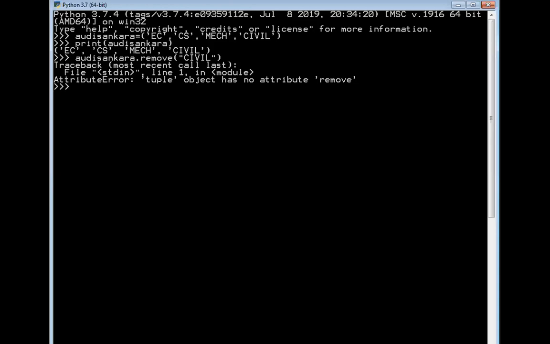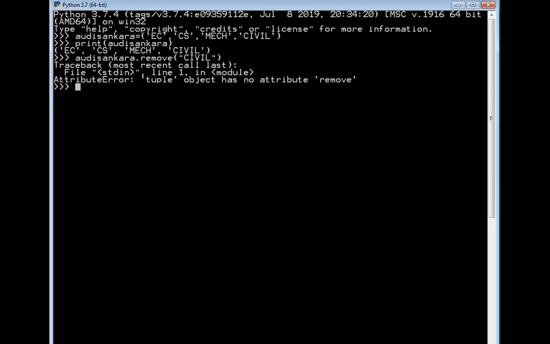So if I want to remove civil from the Adi Shankara tuple, how can I do that? How can I specify it? If you want to remove the civil department from the Adi Shankara tuple, first of all you should convert it into a list.